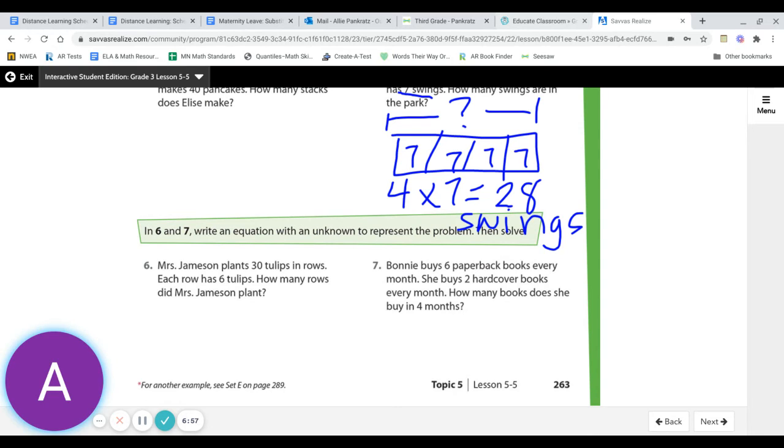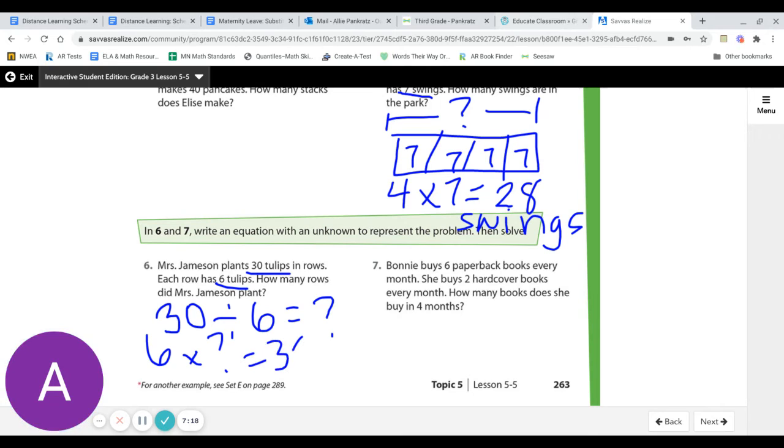Number 6 and 7, they want us to write an equation with an unknown to represent the problem and then solve. Number 6, Mrs. Jameson plants 30 tulips in rows. Each row has 6 tulips. How many rows does Mrs. Jameson plant? So we know 30. We know each one is going to have 6. So I'm thinking about 6 times what equals 30. 6 times 1 is 6, 6 times 2 is 12, 6 times 3 is 18, 6 times 4 is 24, 6 times 5 is 30, so I know that there will be 5